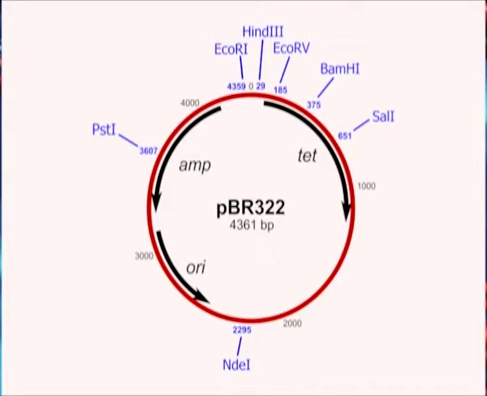Its structure is simple and contains two antibiotic resistance genes. One is for tetracycline resistance and another for ampicillin. Both genes contain unique restriction target sites that are useful in cloning. The molecule is a double-stranded circle and 4,361 base pairs in length. The main drawback of this early vector is a low copy number, that means they replicate only to 1 or 2 copies per cell.